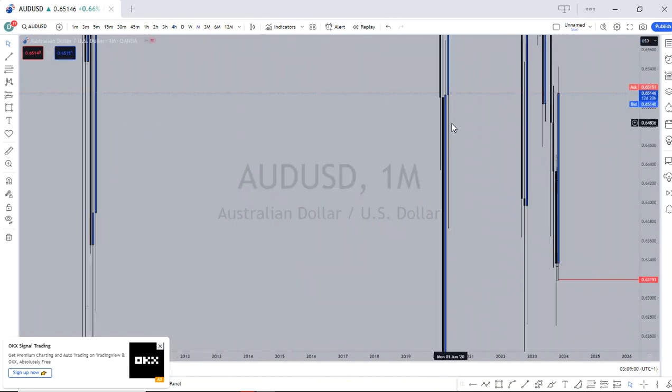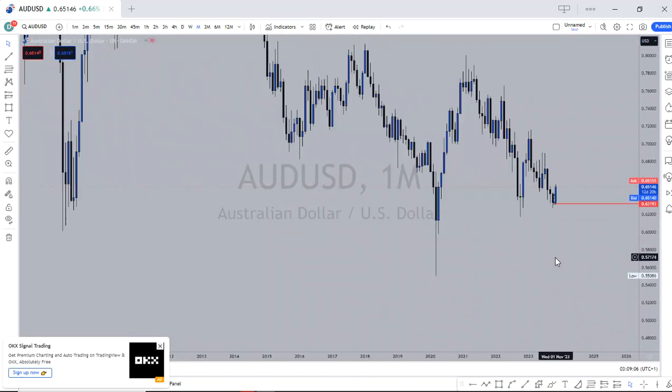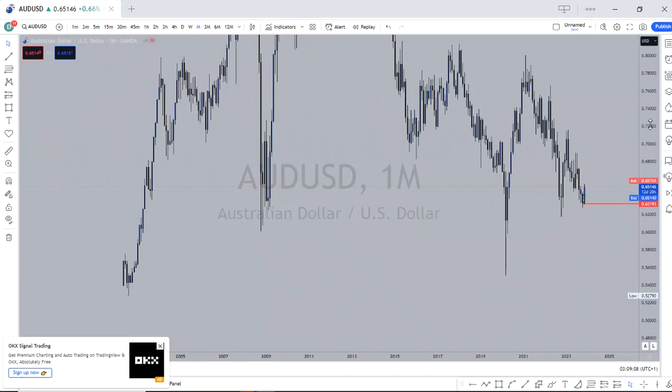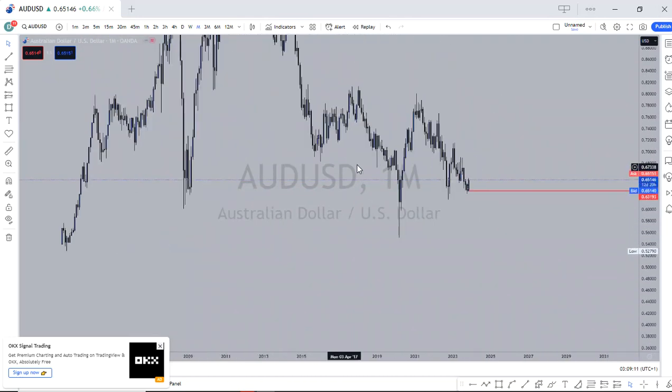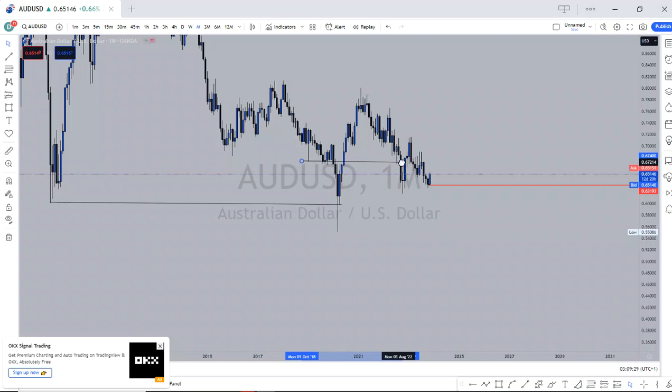Now, first of all, paying attention to your monthly time frame. What kind of structure are you in? We traded lower right here, and we hunted this sell stop right here. Also, we hunted area of support right here, right? So we only get to find confirmations first before we can tell if the price wants to go higher after hunting area of support. Now we have area of resistance right here, so it tells us that in the future price could possibly come back to this high.